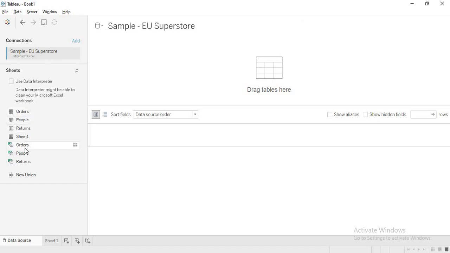Okay, and these are your tables, and these are named ranges. This is within the Excel itself. For whatever Excel sheets you have, you have an option to create these named ranges. You can search online for how to create named ranges. And here you are getting New Union. When you are connected to your data source, you will also get an option for a custom SQL query. Now this is talking about my data source, its connections, and the tables.